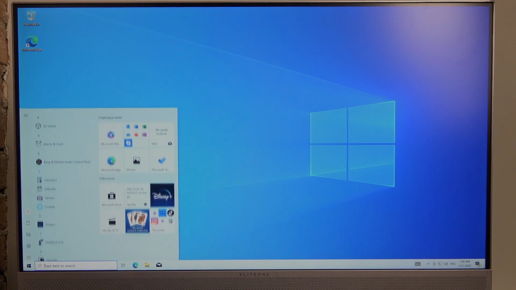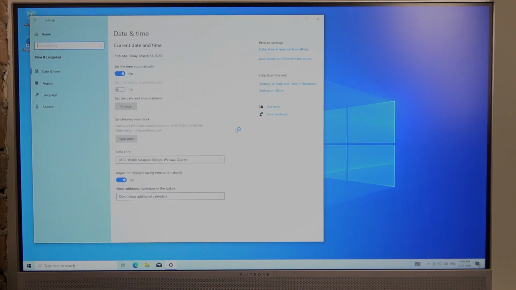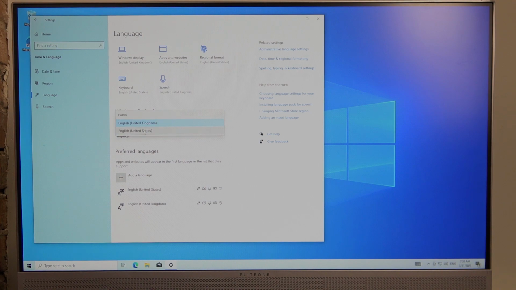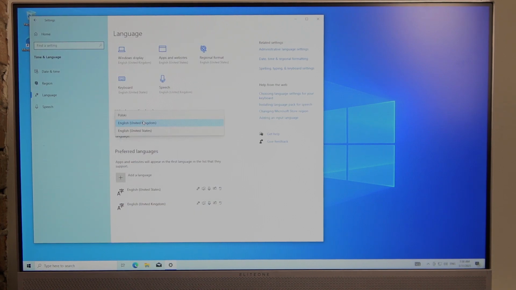And to do this, let's click on the start, then open the settings, find time and language. Right here select language and you can change Windows display language right here, but there's only a few available, and to add more you will need to click on this add plus button. Here find your preferred language, then when it's added it should be visible in the list right here, so select